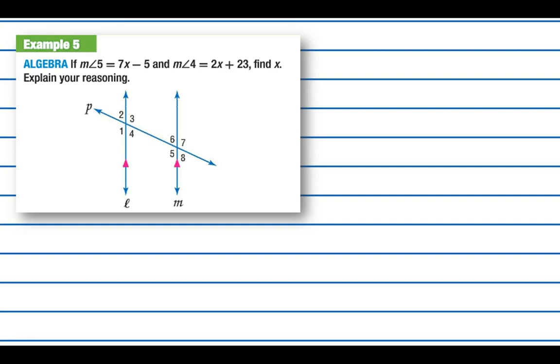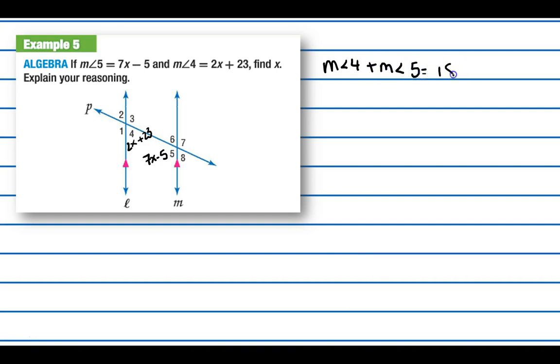So let's try this example. If the measure of angle 5 is equal to 7x minus 5, and the measure of angle 4 is equal to 2x plus 23, find x and explain your reasoning. So I'm looking here, I know there's something going on between 4 and 5. Well, 4 and 5 are supplementary angles. Remember, they add up to 180 degrees. So because I know that, I'm going to say the measure of angle 4 plus the measure of angle 5